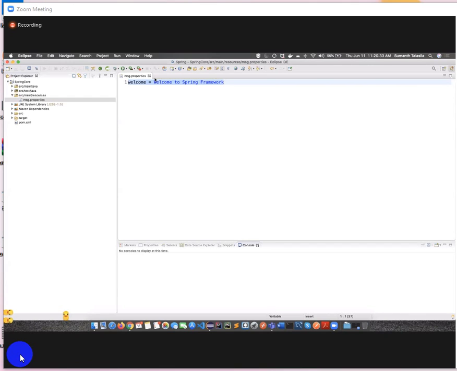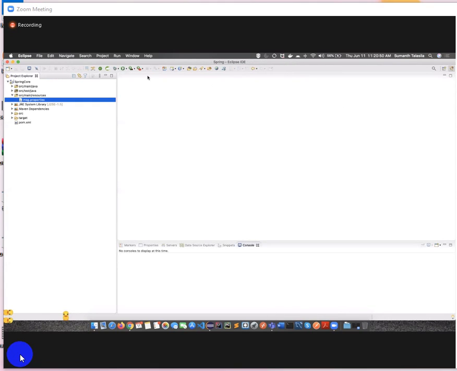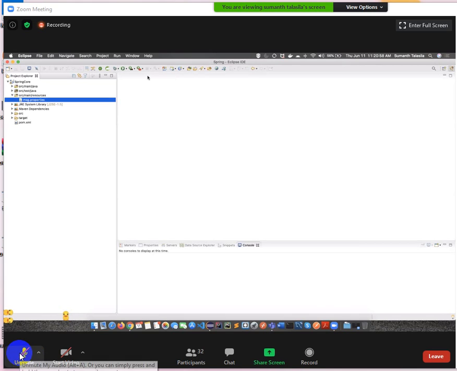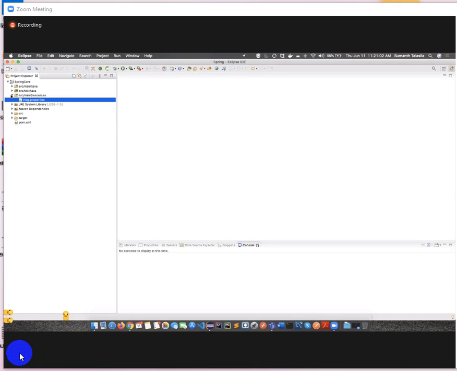So do I need to write manual code to read the content from the property file, or can Spring itself take care of processing this particular property file? Spring can take care of it. If Spring is not there, it is a big problem for us. We would need to write java.util classes, write the properties code, and then read all of it. As Spring is there, Spring has already given many predefined classes.